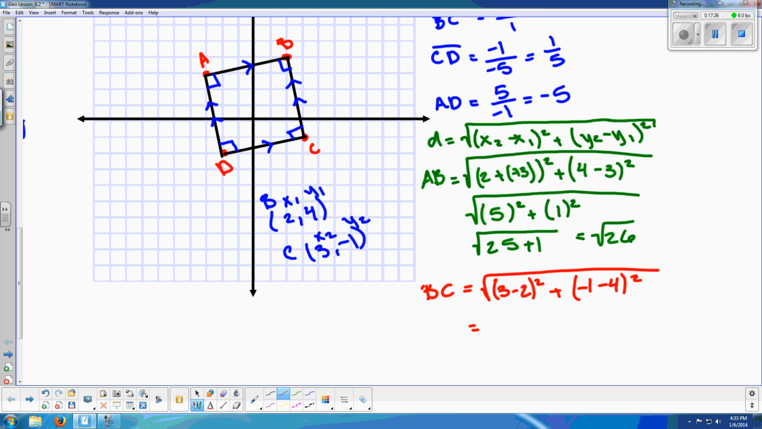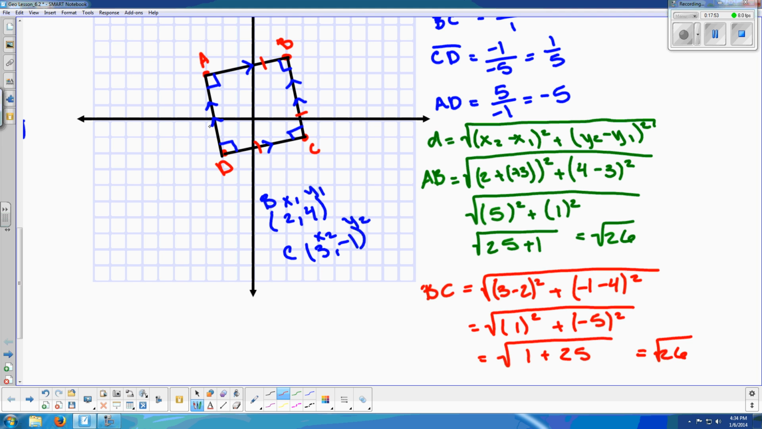So it equals 3 minus 2, which is 1 squared, plus negative 1 minus 4, so it's negative 5 squared. So we have the square root of 1 plus negative 5 squared, which is negative 5 times negative 5, which equals 25, which equals the square root of 26, meaning that this line is congruent to this line, and these ones have to be congruent as well. So we have